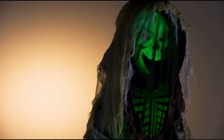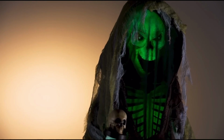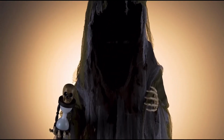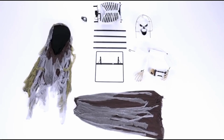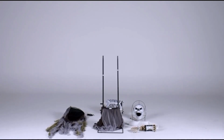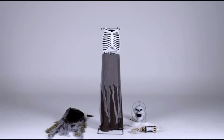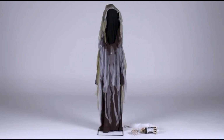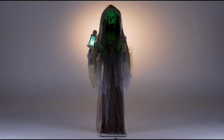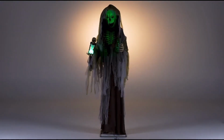There's been definitely some criticism about the proportions on this one as well, with the ribs and the skull being so big, but the hands being so itty-bitty. Like, he's got little baby hands, and I'm going to have to agree that the proportions are a little off. Actually, not a little. They are very off. So that is something that I would definitely fix on this one. But overall, it is a pretty cool animatronic. It's just, again, not something that I would get. I would prefer to get the Seasonal Visions one